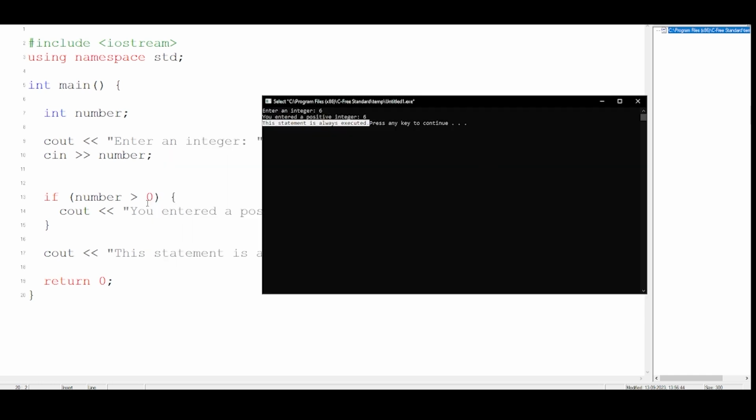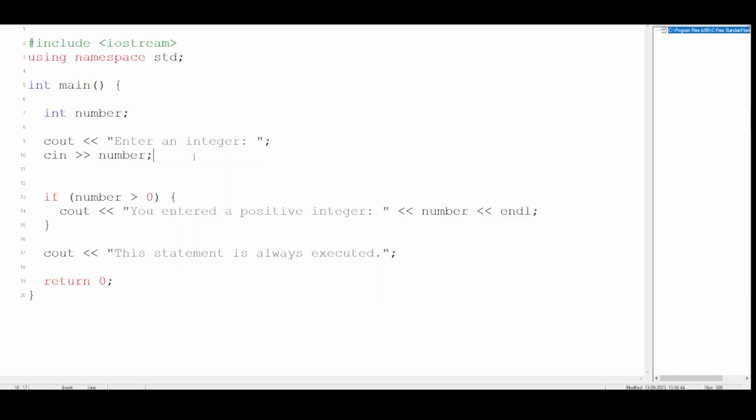Now what happened here is, since I have given the number input here, I will write here in the comment as number 6. So now we know that 6 is definitely greater than 0. So this statement will be printed, and we are also printing the number. But this statement over here has nothing to do with the if block. It is just outside of it, as you can see in the code. So when I write a cout statement in a C++ program, it will always print. There is no condition provided over here, so this statement will always execute. So that is how if works. If is very simple. You just have to see the condition over here. If the condition is satisfying, then whatever is inside it will always run.